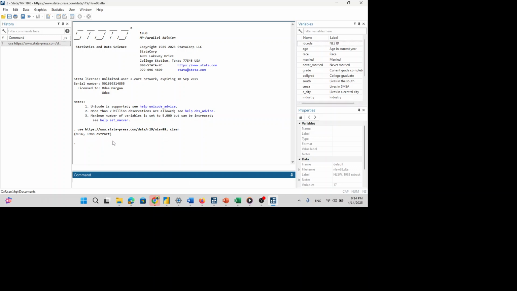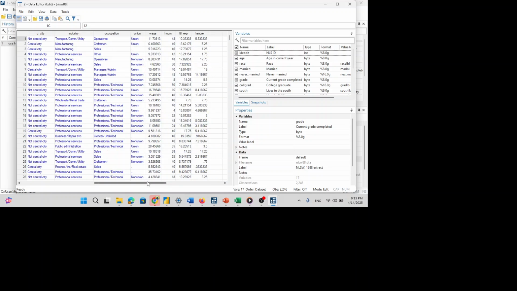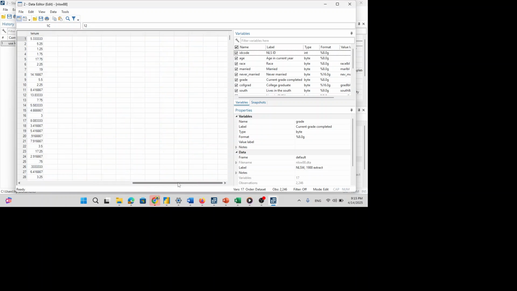Stata will extract this dataset from the system. So in order to see the variables as well as the data, you can see there is college grade, marital status, married, single, race, age, and the like.